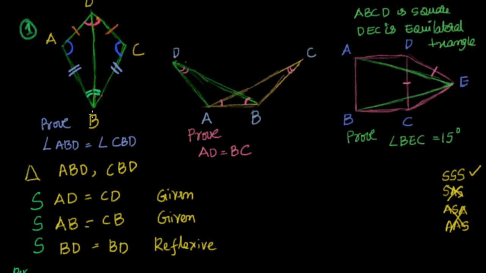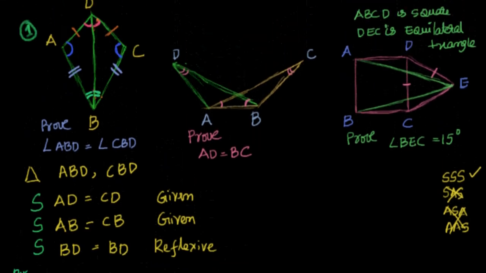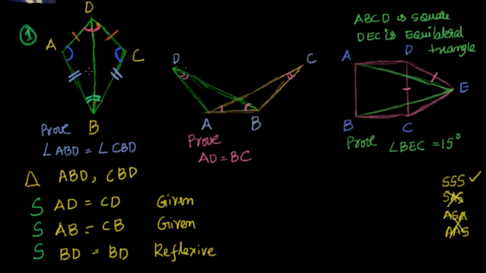BAD and BCD are congruent. How have we proven it? Given two sides are equal, the third side is nothing but the common side. So once we have taken SSS and proven that these two triangles are congruent, if I am able to prove one congruence by any one of the predefined criteria, all the remaining angles and everything should be equal. That's the meaning of congruence, right?